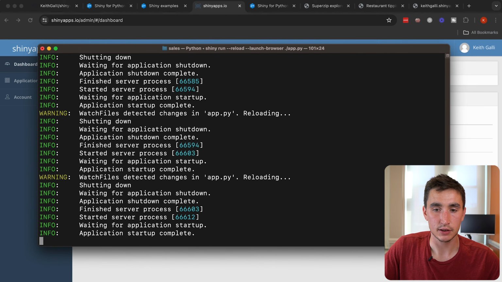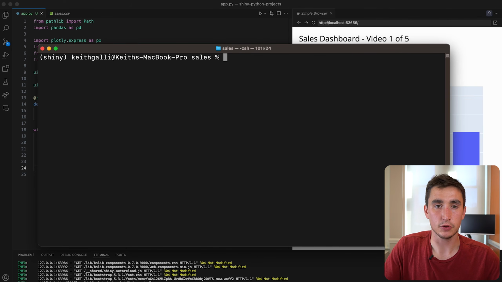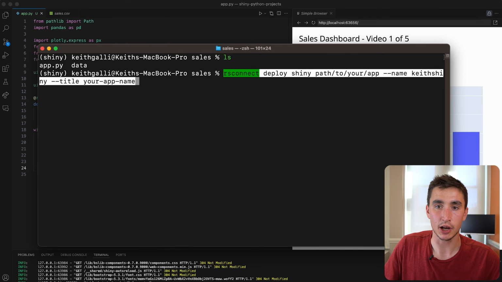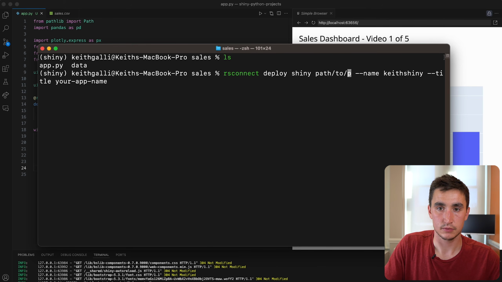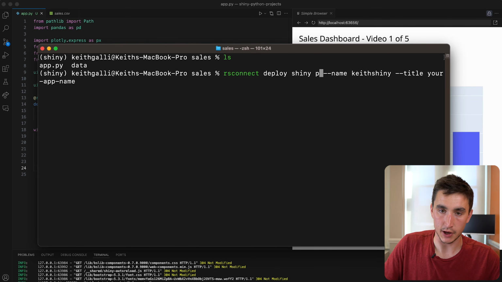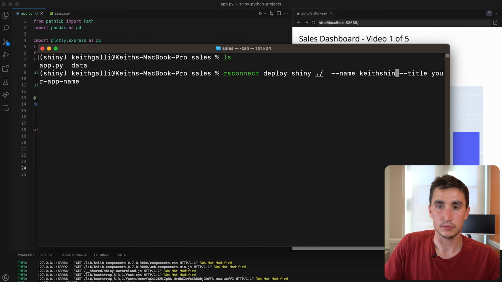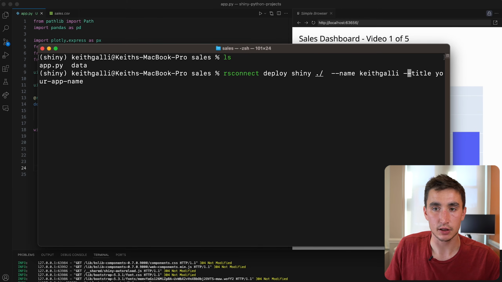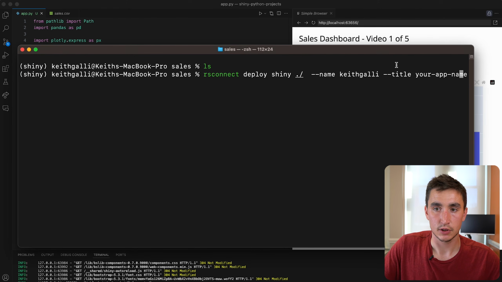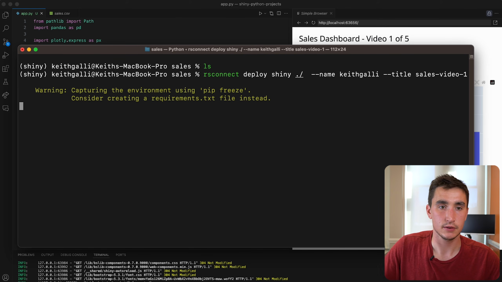So we can go ahead. We're in our sales folder. We have our app.py. We're going to paste in that command we just saw. It will know to find the app, so I'm going to just do / because we're already in that folder. The name, it's actually, my account is Keith Galley, and then we give this a title. The title we'll say is Sales Video 1. If I run this command,